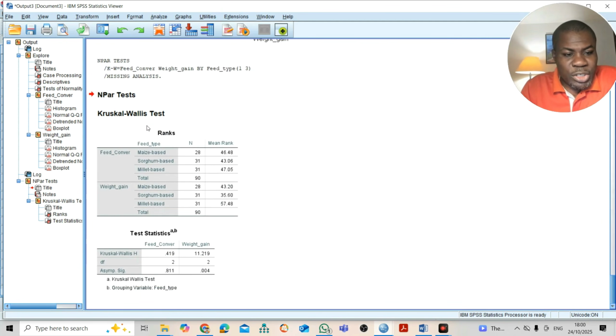Now we will look at the results and then see the ranks, okay? Because the Kruskal Wallis test is a rank test. So you will see that under the first dependent variable, which is feed conversion efficiency, you see the 3 types of feed. You see the maize-based, the sorghum-based, the millet-based, and you see the total number of records, okay? So we've got 28 records for maize feed. We have that for the sorghum, we have that for the millet, and here we have their rank, the mean